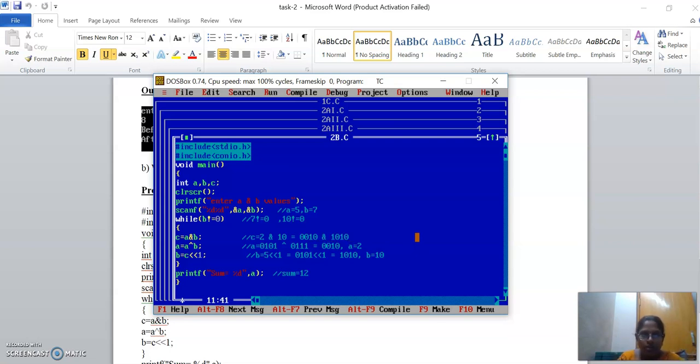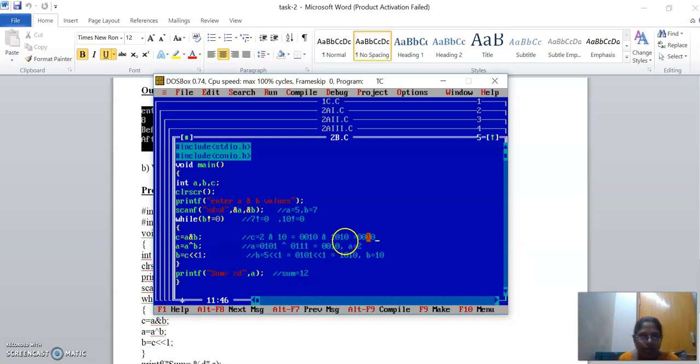With the AND operator, that gives 0 0 1 0, that is 2. So this process repeats until finally you are going to get the A value as 12. That value I am going to overwrite here.